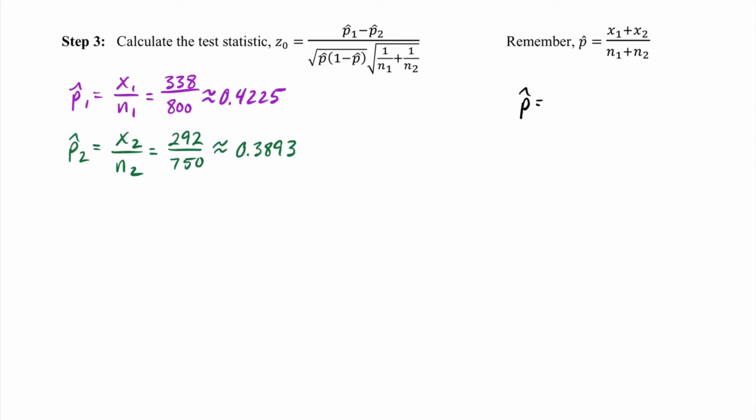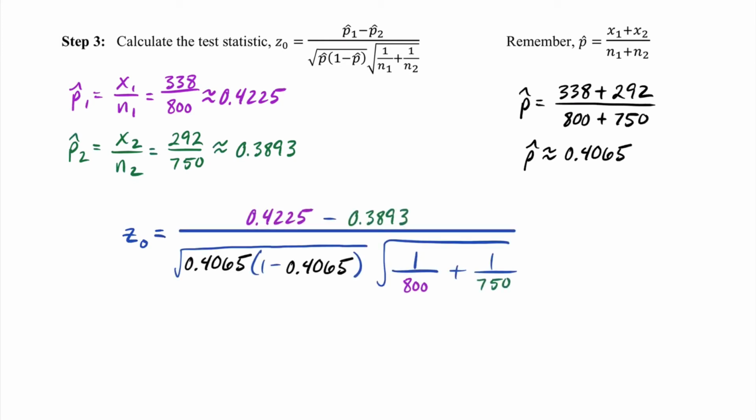So our p hat would be 338 plus 292 divided by the sum of 800 and 750, and we end up with a pooled estimate of approximately 0.4065. Which means we can take each of our key values and substitute them into the formula for our test statistic, where p hat 1 was our 0.4225, p hat 2 was our 0.3893, and p hat is our